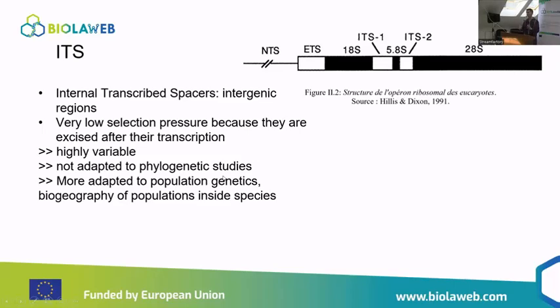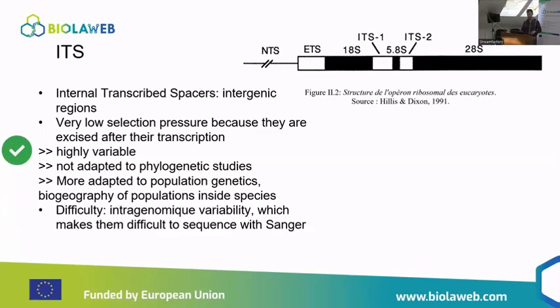They are so highly variable that you have very big difficulties aligning them from a species belonging to one genus to another genus. Here it's almost impossible. So sometimes we have difficulties comparing these ITS. They are more adapted to population genetics or to the biogeography of populations inside species. So this highly variable aspect is a good point, but